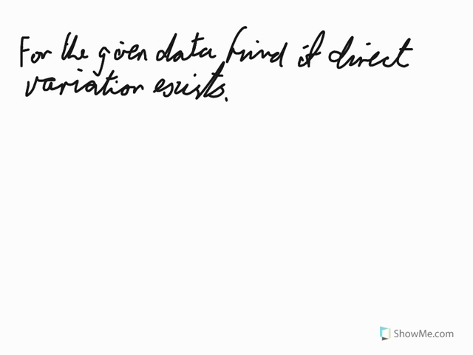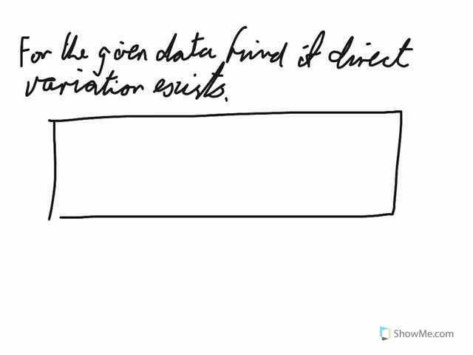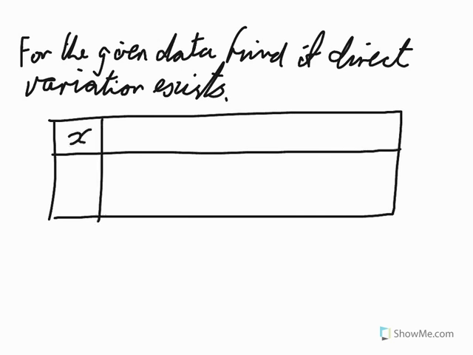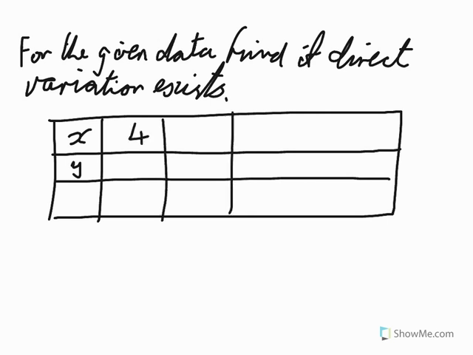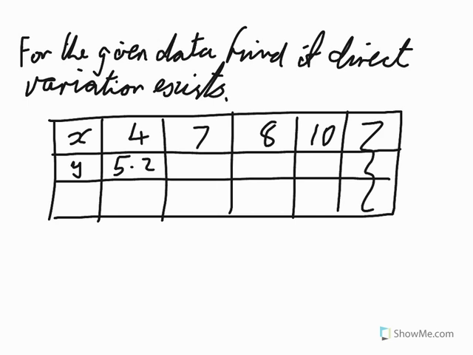All right, so here's our information. So we've got X values, we've got Y values, and so X is 4, 7, 8, and 10, we don't need that last one, and we've got 5.2, 9.1, 10.4, and 13. Now, if